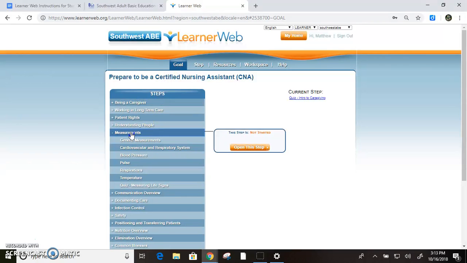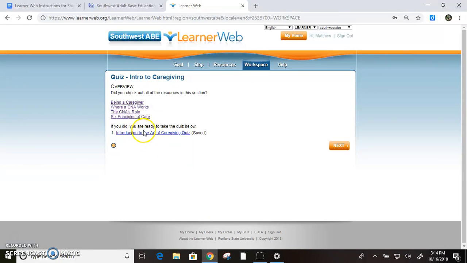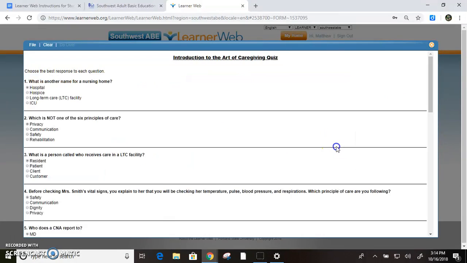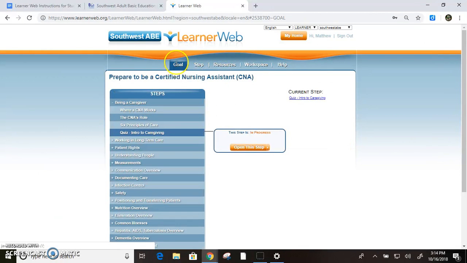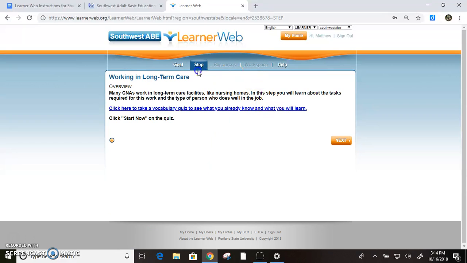If you're having problems with a certain quiz and just want to move on past it, that's hard to do because you can't go past a quiz until you pass it. So if I click next here, it'll just keep bringing me back to this quiz. But if I want to move on, I can actually go back to goal, click on the next chapter and open it that way. And that's a way to skip it,